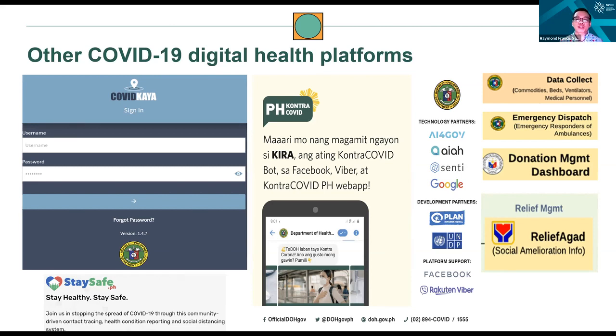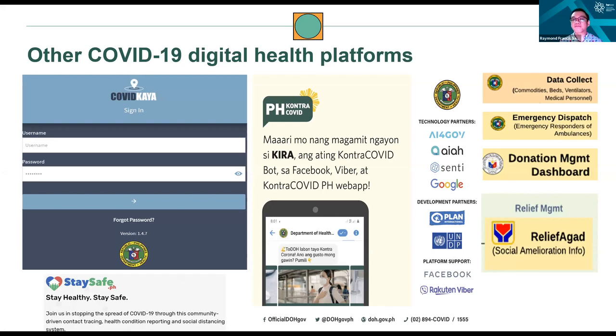One of the top contact tracing applications that we have is Stay Safe. Also, another one which has a chatbot feature is Kira in Contra COVID. And on the far right side, we have all of the other platforms which may not necessarily be connected to the other platforms, but these work by collecting and being able to provide the information that's very, very necessary for